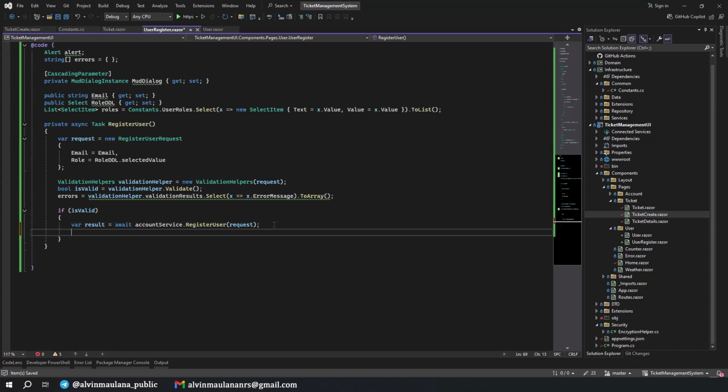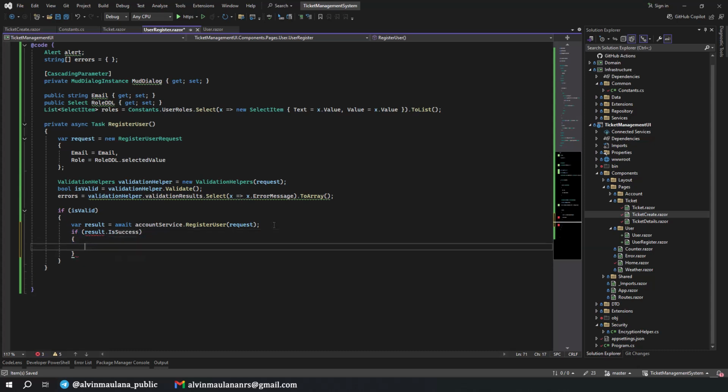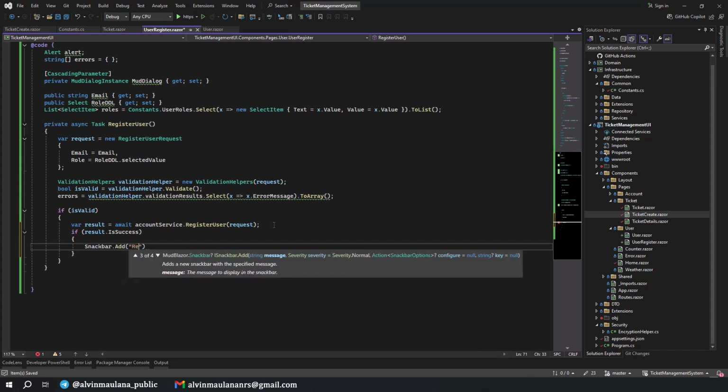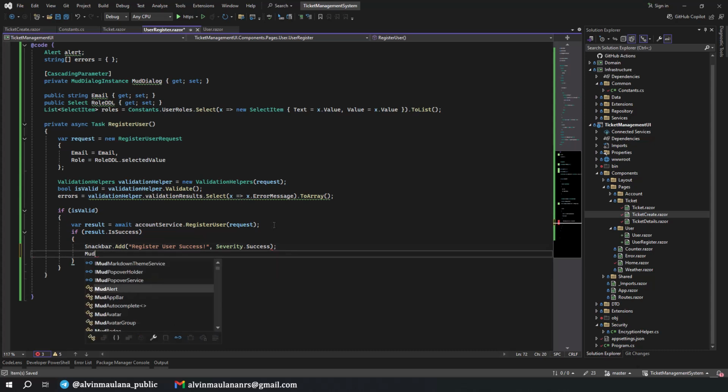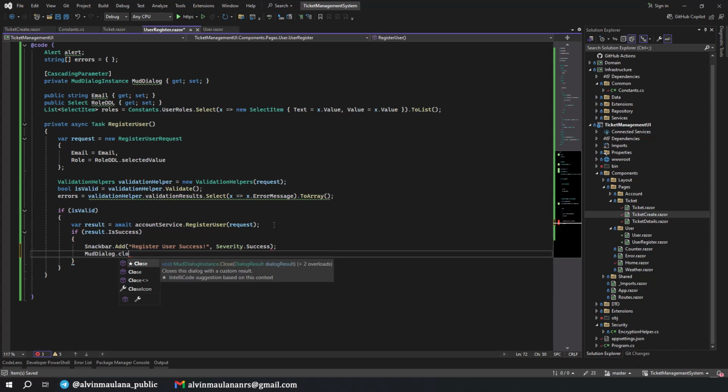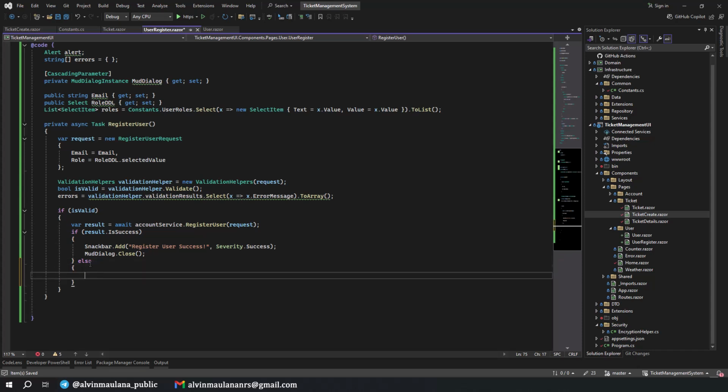Okay, if the result is success, we will show the snack bar, register user success, and the severity should be success, and we can close immediately using math dialog close. Okay, we define math dialog here, and else if anything errors we can show it using our alert. Maybe we just show the error message we get from the backend.